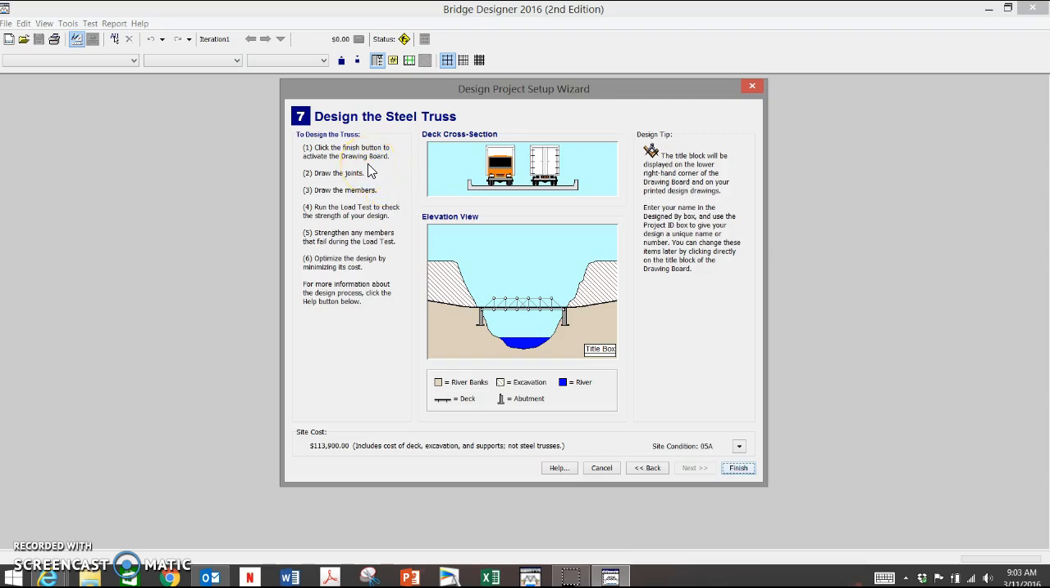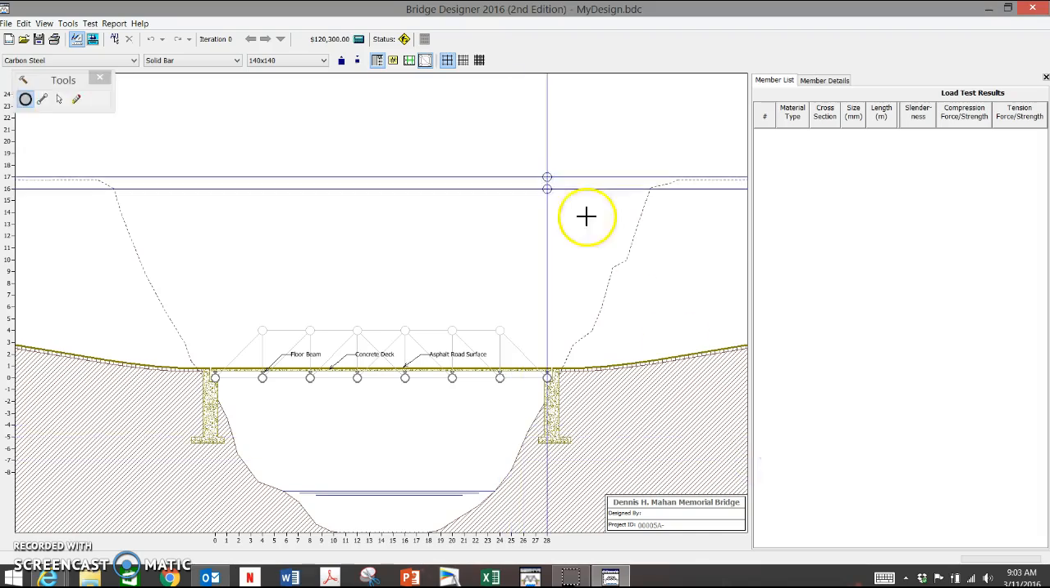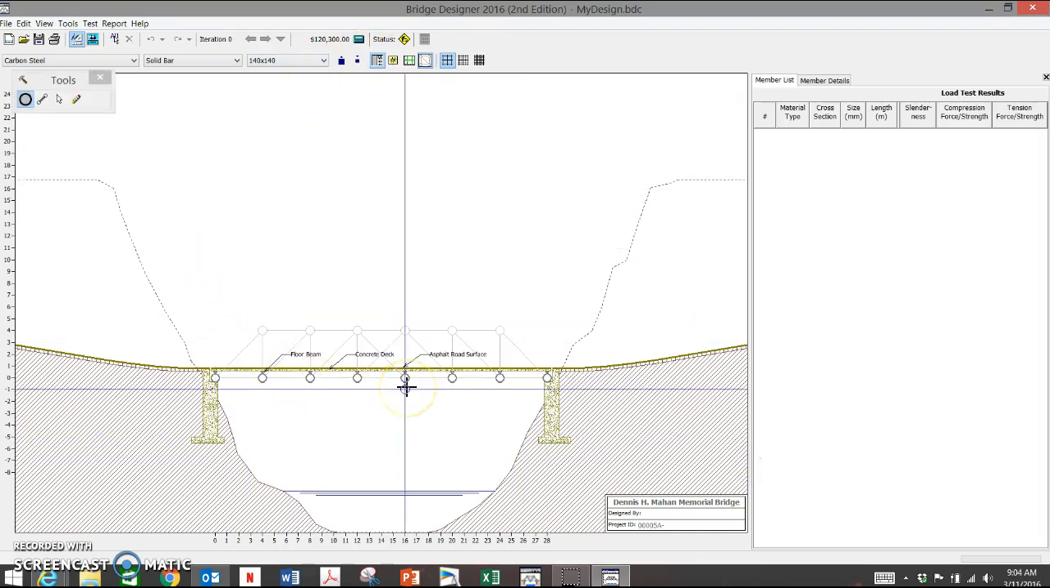Click finish to activate the drawing board. First draw joints, which we'll talk about in a moment. Then draw members. Load the test to see if it works. Strengthen anything that's weak. Optimize the design by then shrinking the cost, and then ultimately I should be finished. So first thing I'll do now is click finish, and here is my bridge